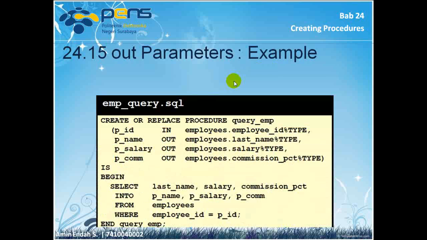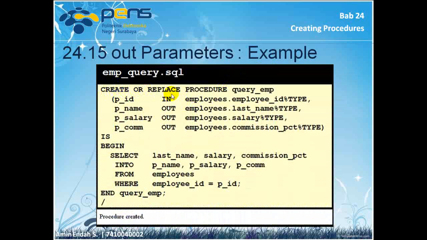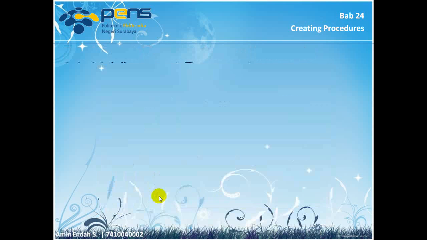OUT parameter example: CREATE OR REPLACE PROCEDURE query_employee (p_id IN employees.employee_id%TYPE, p_name OUT employees.last_name%TYPE, p_salary OUT employees.salary%TYPE, p_comm OUT employees.commission_pct%TYPE) IS BEGIN SELECT last_name, salary, commission_pct INTO p_name, p_salary, p_comm FROM employees WHERE employee_id = p_id; END query_employee;